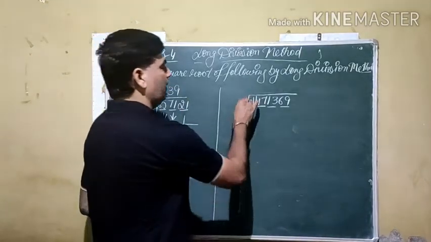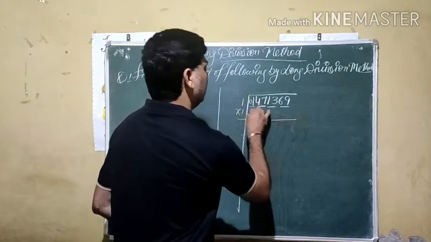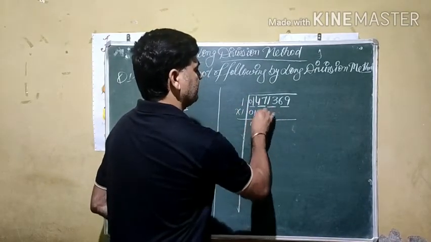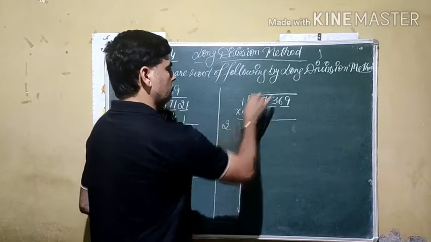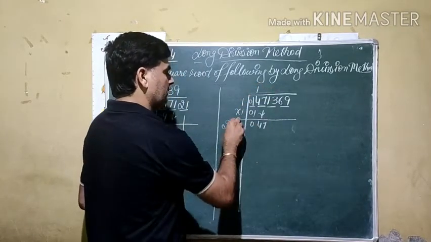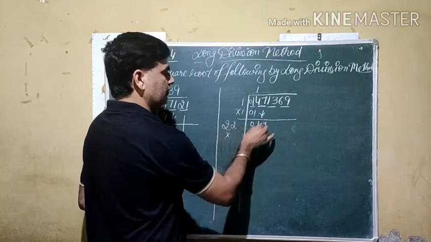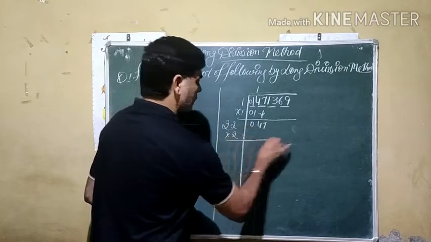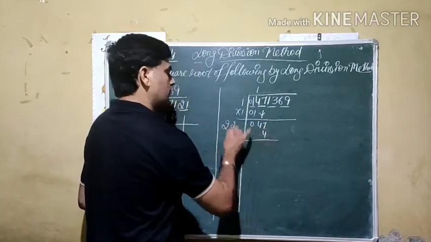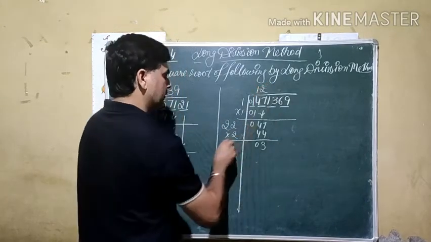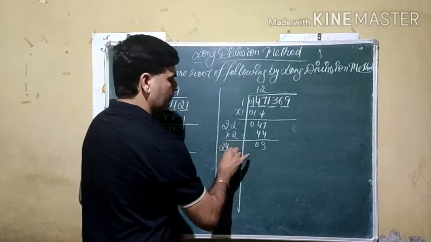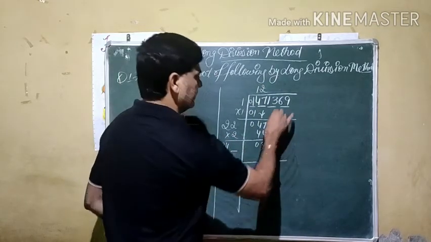Same here, 1 multiply 1 first, 1, 0 balance. Next pair turn, 47. Sum of these two, 2. Now we have to put here 2 because double of 2 is 4. So 2 multiply 2, 4. 2 multiply 2, 4. 3 balance. Sum of these two become 2 and 4. Put a digit, multiply same digit.